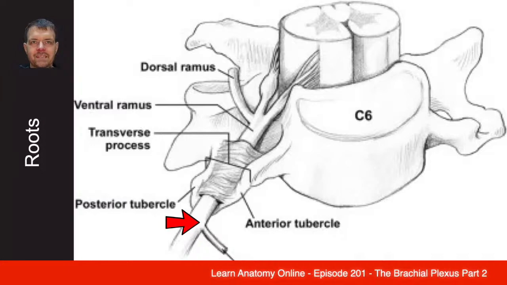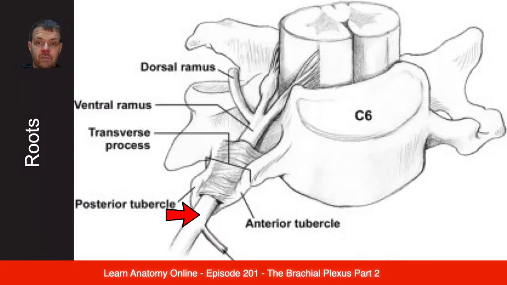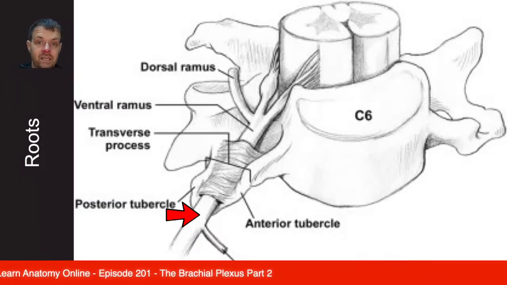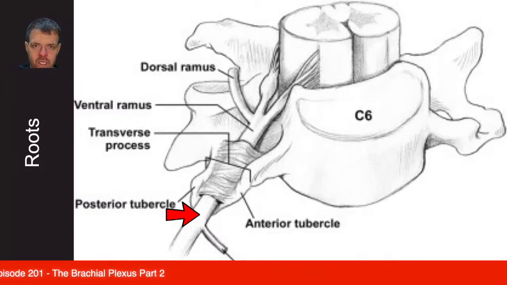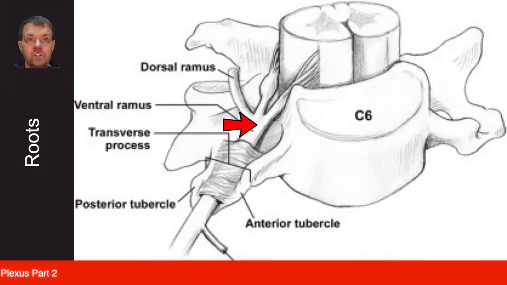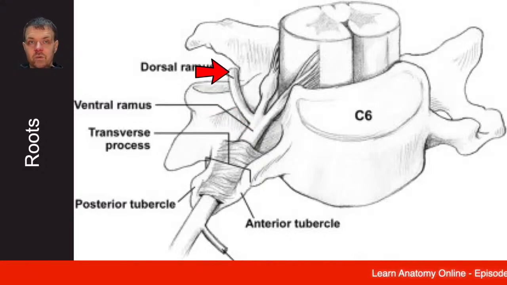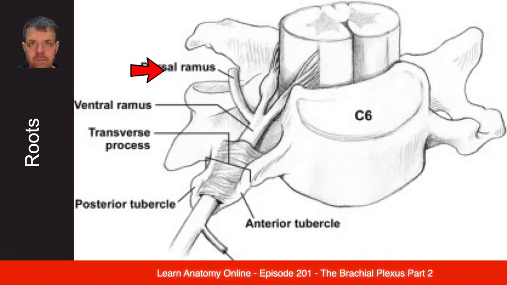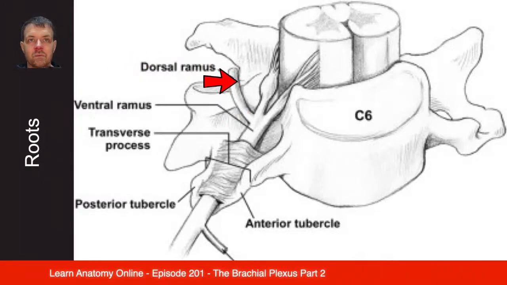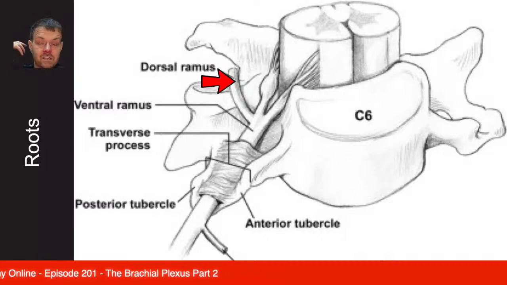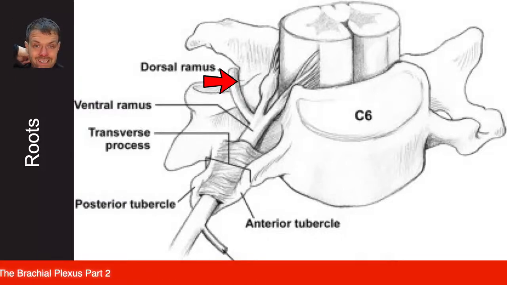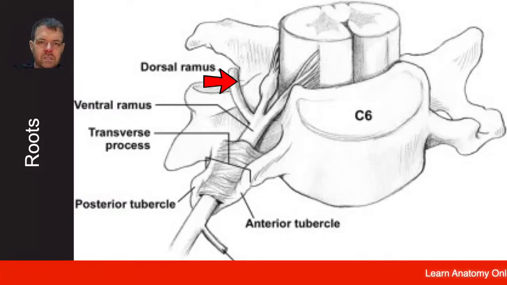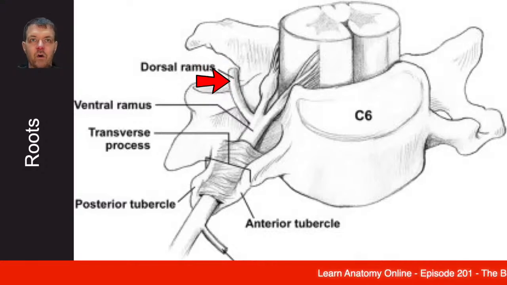So when it exits into the periphery, it's then mixed, and that's what we were looking at last week. Just as it becomes a mixed nerve, we have an offshoot going towards the back. This is the dorsal ramus, or the back branch. A ramus is a branch, and that will supply the sensation for the skin, in this case around C6, and it will also supply the muscles in that region as well, so the paraspinal muscles of that particular